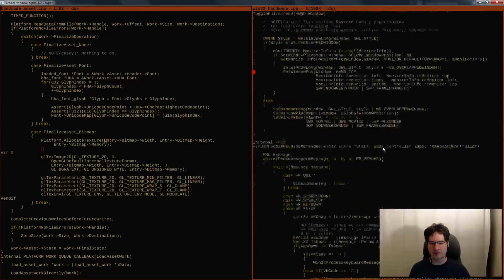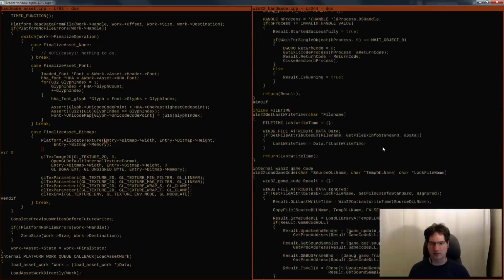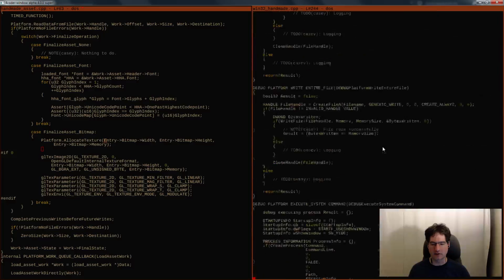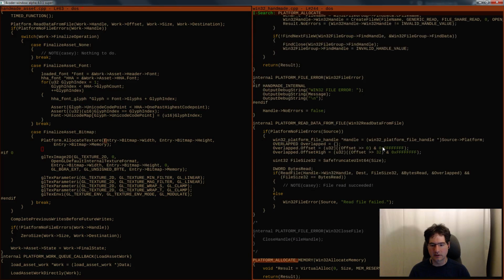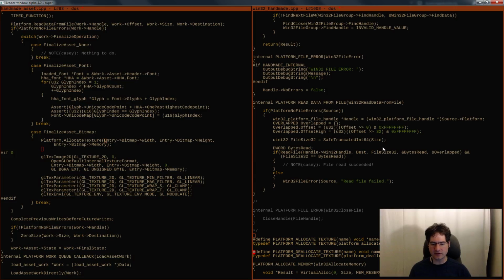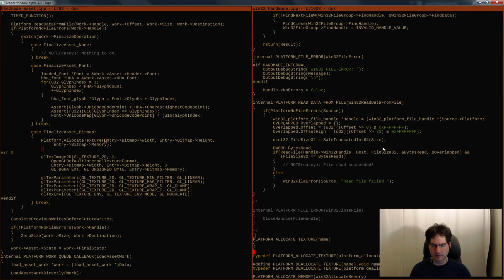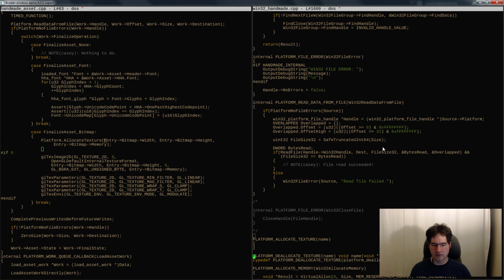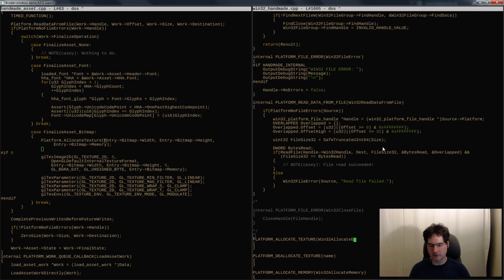So where we've got our callback specified, I believe is up here somewhere. I don't actually know where, but it's up here somewhere if we just keep looking. So there you can see the callbacks that we defined for debug. So let's see, platform allocate memory. So if I just stick these guys in here, then we've got our function definitions, like so. And so if I do platform allocate texture, I'm just going to call this allocate texture. And if I do deallocate texture here,